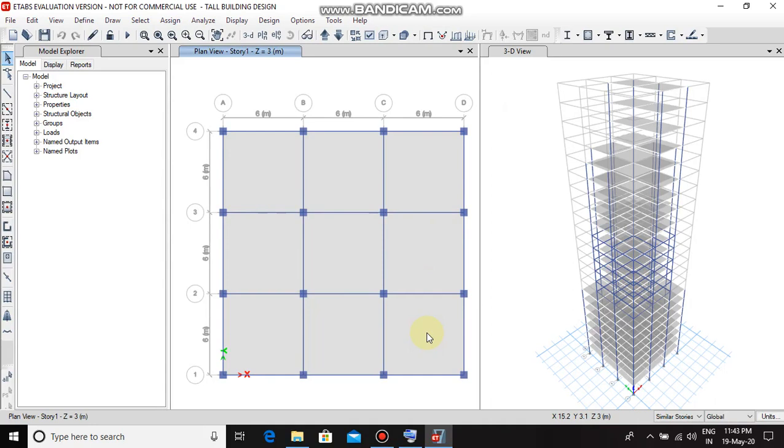Now assign the live load. Select similar stories and the plan view story 1. Select all the slabs. Select each of the shells.